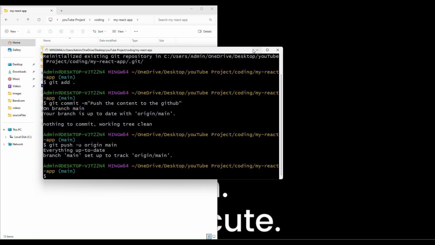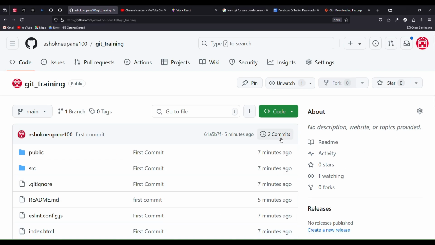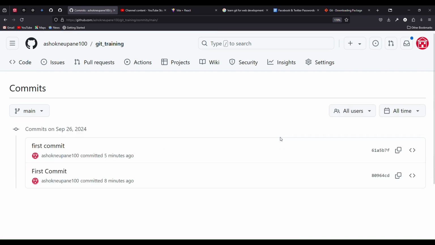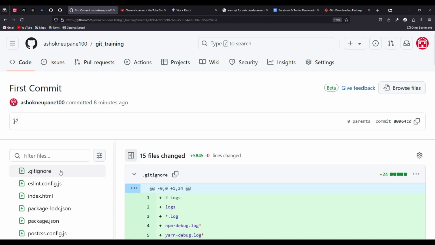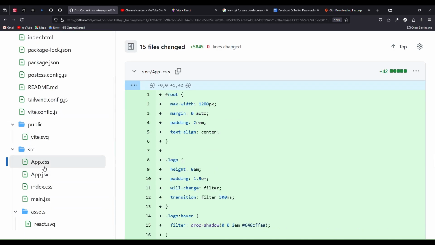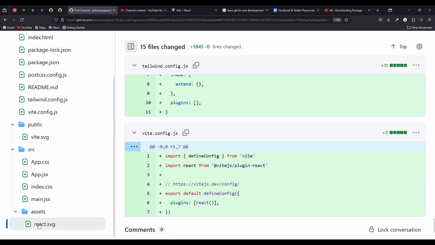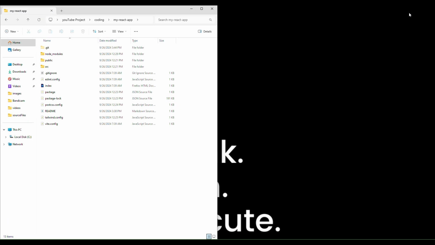Then you can go on here and you can see your all files have gone there. The same things, this thing, this thing, this thing, everything will go inside. And other things, I will tell the other things also.